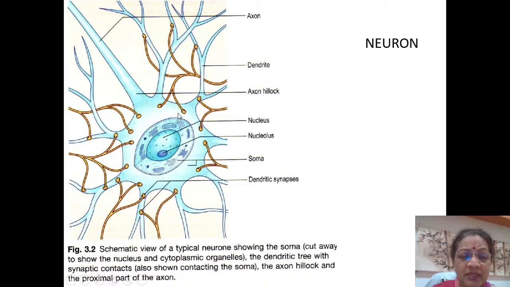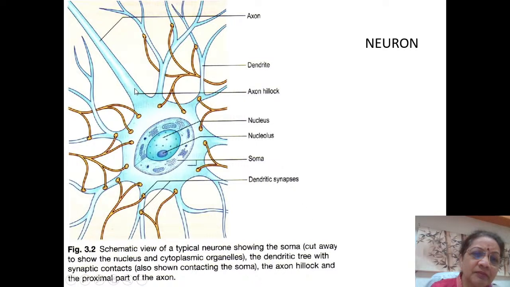So we have a soma, or a cell body, which contains a nucleus and cytoplasmic organelles. All the organelles will be here. You can see some endoplasmic reticulum, some mitochondria, some Golgi apparatus, all kinds of stuff is there. The dendritic tree will have the synaptic contacts which end in it, and there is a third item called the